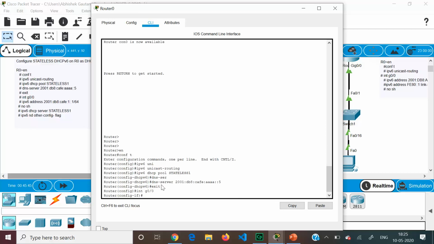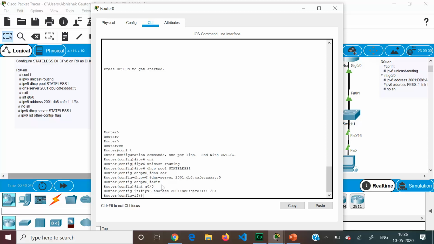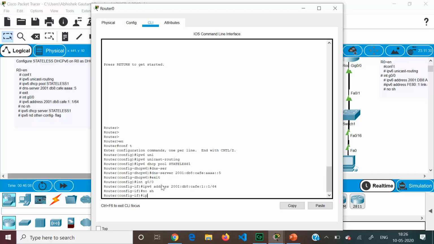Int g0/0, give the IPv6 address 2001:db8:cafe:1::1/64. We are manually giving the IPv6 address and we'll do no shutdown. And now we will map the pool on this interface. This mapping has to be done: ipv6 dhcp server stateless1.